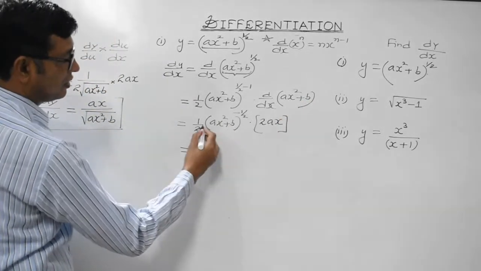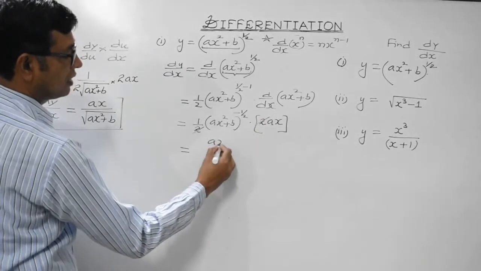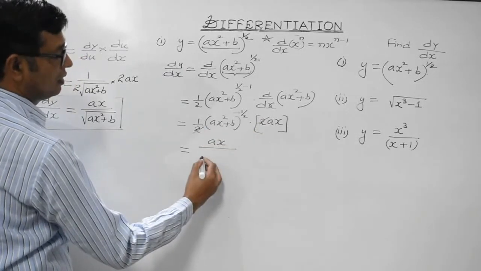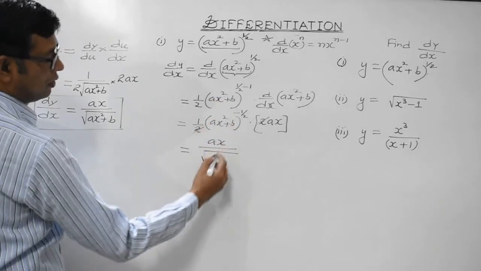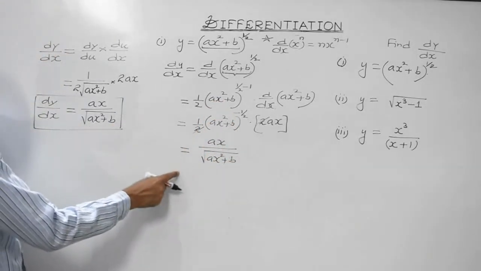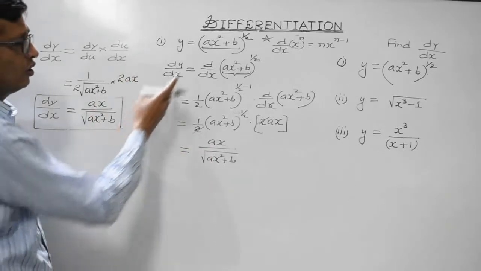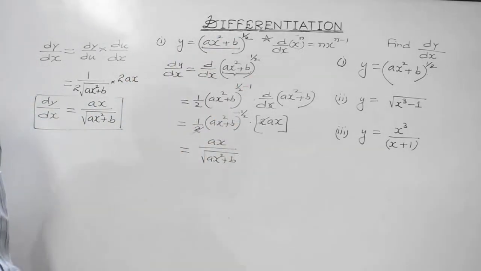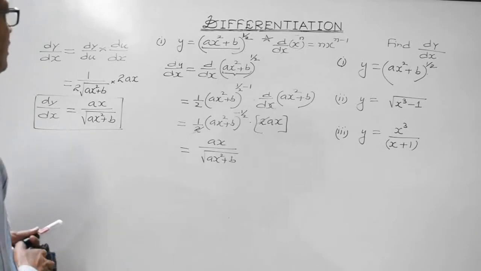So the 2 gets cancelled. It can be written as ax divided by square root of ax square plus b. The same result can be obtained. So either do it by chain rule or you can do it directly as well. Right? So what I mean to say is that